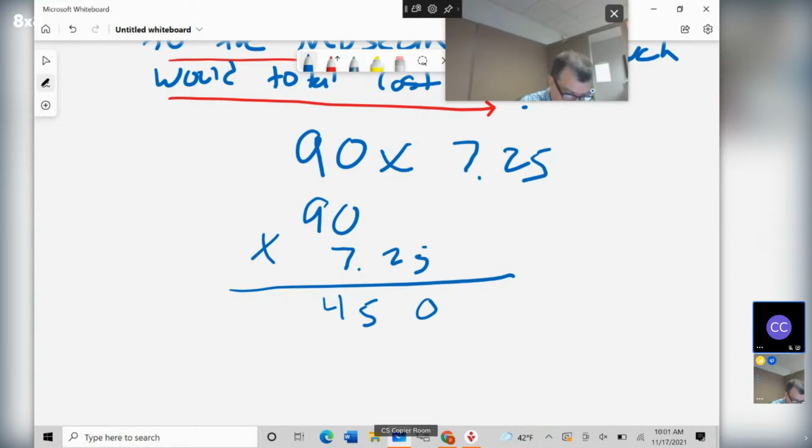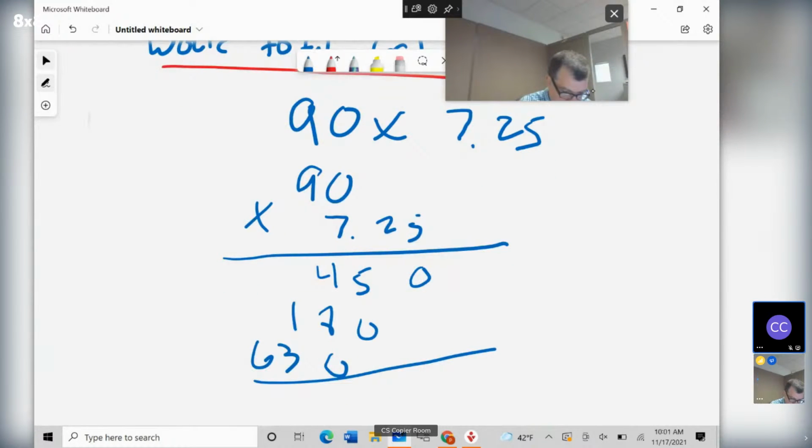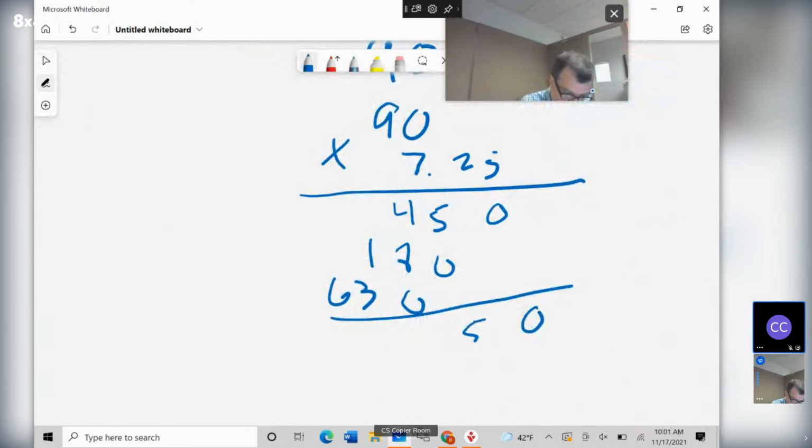Then we have 2 times 0 is 0. 2 times 9 is 18. And the last, we're going to have 7 times 0 is 0. And 7 times 9 is 63. So, what the total cost is going to be is 0, 5, 2, carry the 1. That's 2, 5, 6. So it's going to be